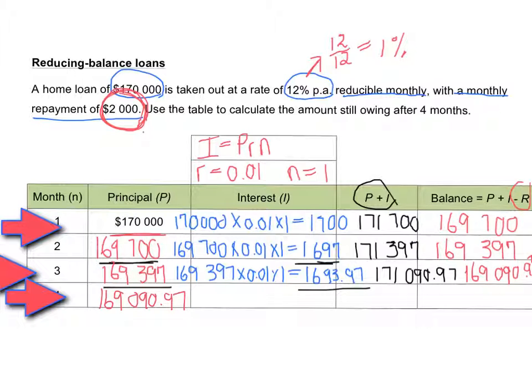I repeat the simple interest formula, and that gives me interest for the 4th month of $1,690.91. Once again, I add the principal plus the interest charged on that outstanding amount, and that gives me